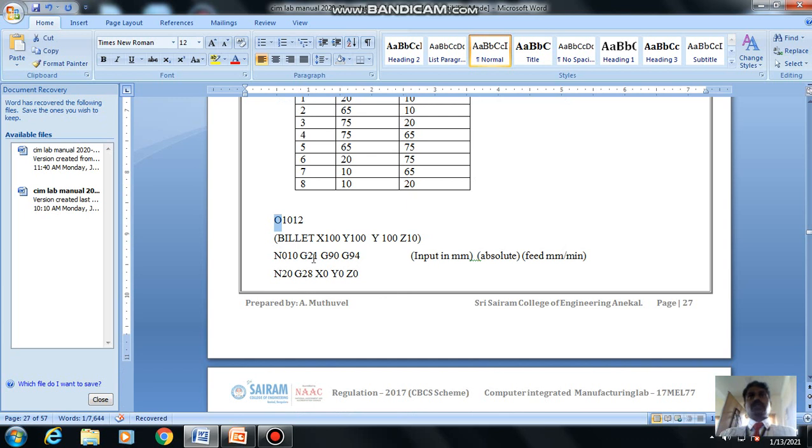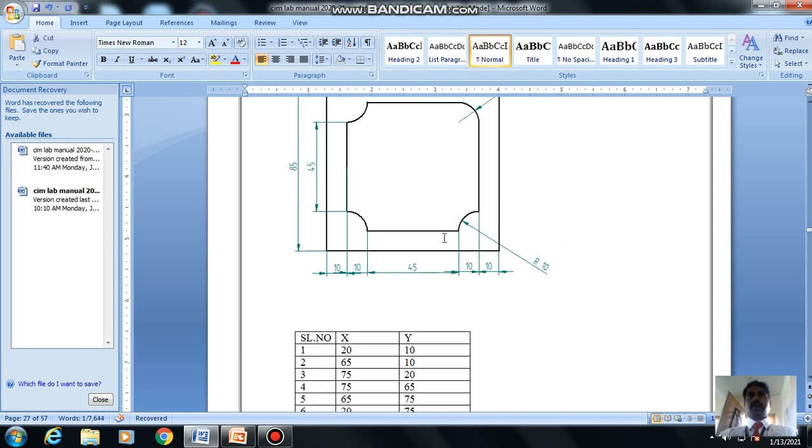So we are going to use G21 and G94, feed in mm per minute. In the lathe we used G98; here we use G94. And G90 is absolute programming, where we give the data from exactly one point. From a particular point we write this XY, from here XY, from here XY, like that. Absolute programming is the one taking place from a particular coordinate point.